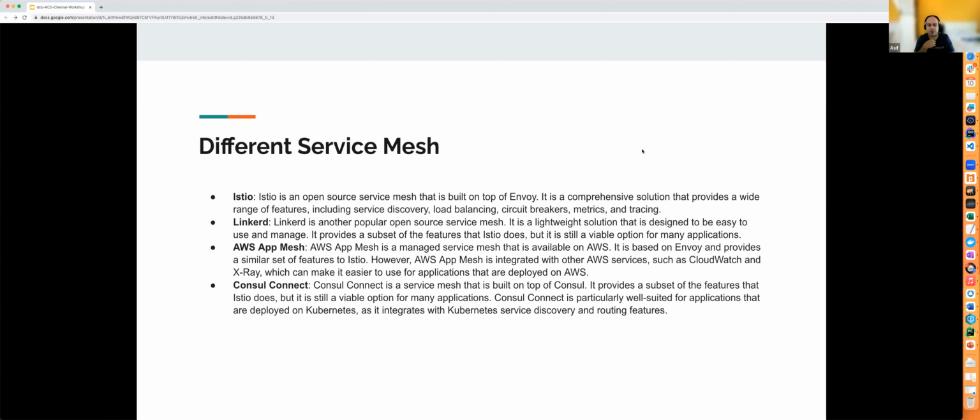Say today I am running my applications using Istio, but Istio might not be giving some features, and I want to move to AWS App Mesh. Again, you have to reconfigure everything. The configurations available in Istio might be quite different from those available on AWS App Mesh. So the problem that used to be there on the SDK side is still there on the service mesh side.